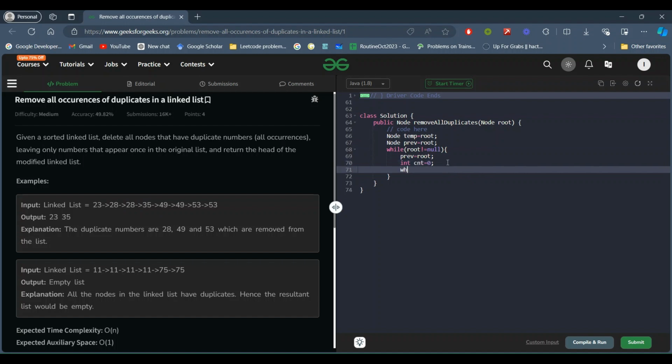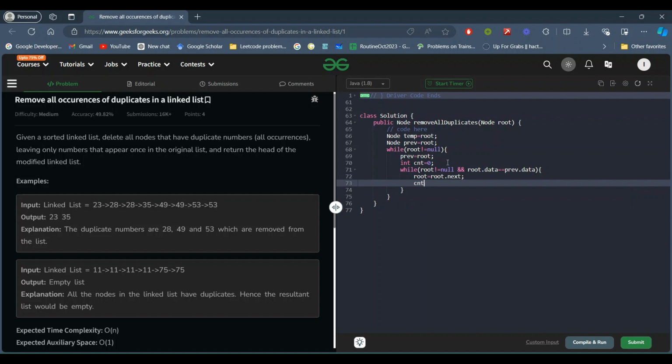So we will take while root is not null and root dot data is equal to previous dot data, we will traverse the root and make root equal to root dot next.